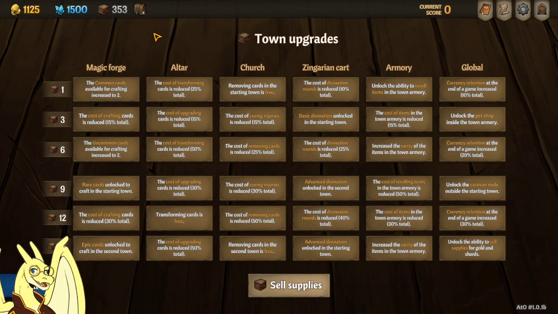And first off, I want to go over the really good upgrades to get, and then probably go through all the upgrades just to tell you what to do if you need any clarification. So the really good upgrades to get would be the church, where you can remove cards for free. The altar upgrades are also really good because they save you a lot of shards in the end. The armory upgrades are really good because they can let you reroll items in the armory, increase the rarity of